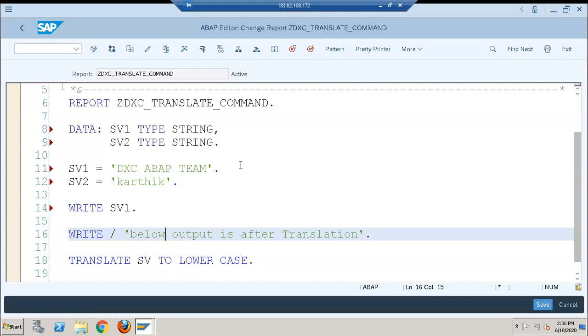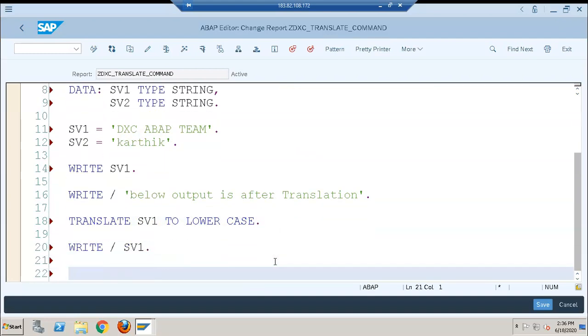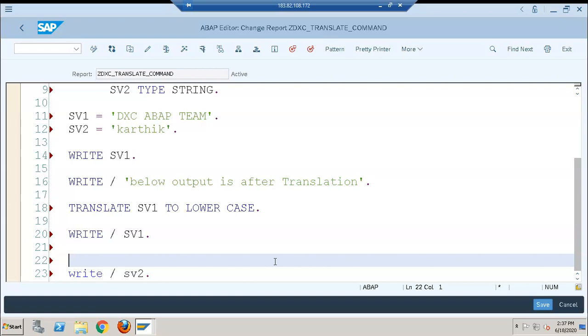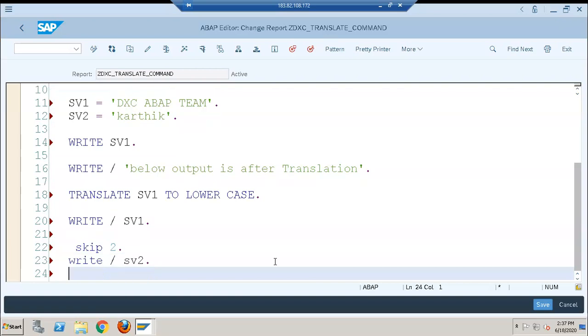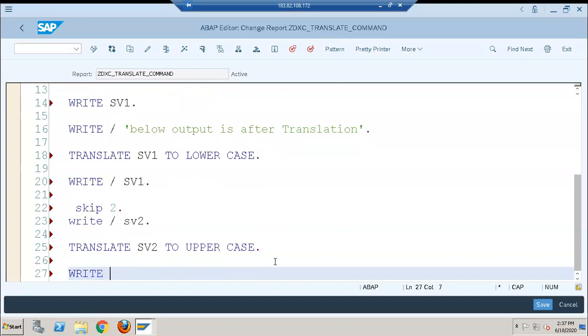Now we'll go ahead with translate. This is sv1, right? Okay. Now we'll say write sv2. So we have skip 2, and then we'll go for translate sv2 to uppercase, and then say write sv2.